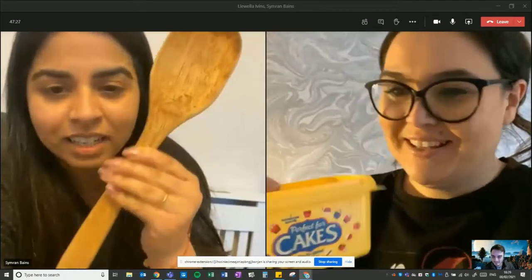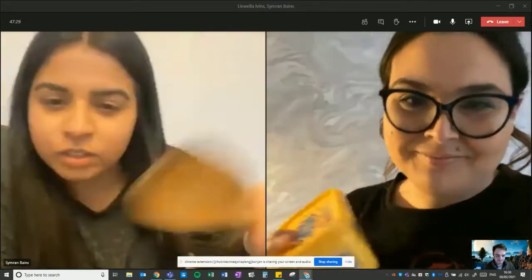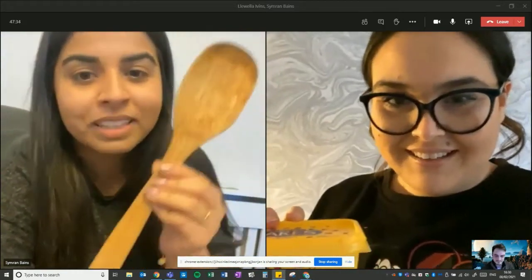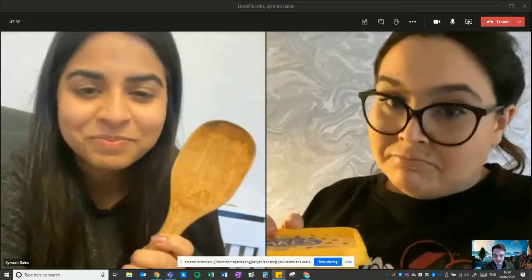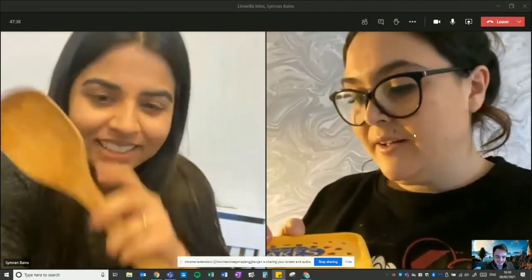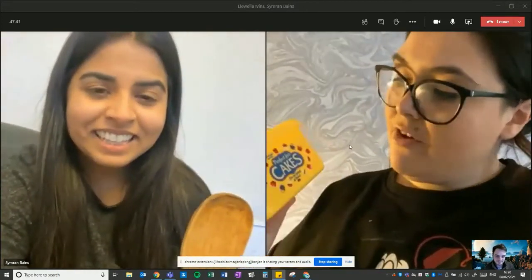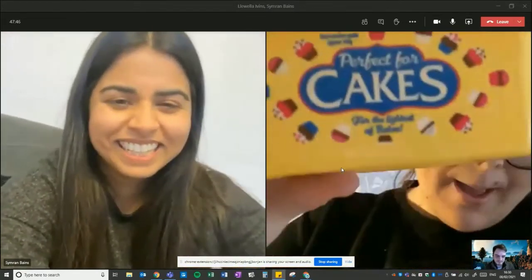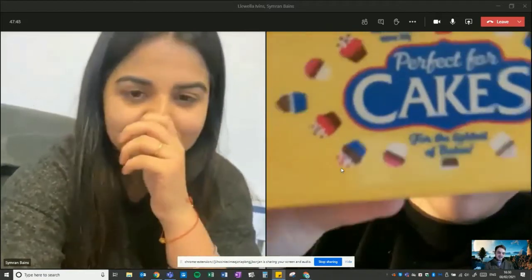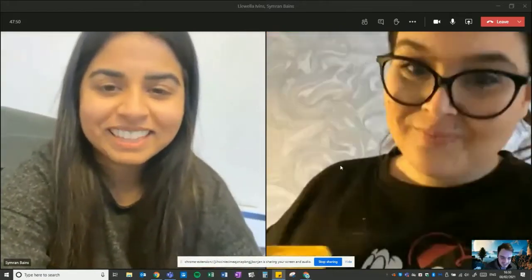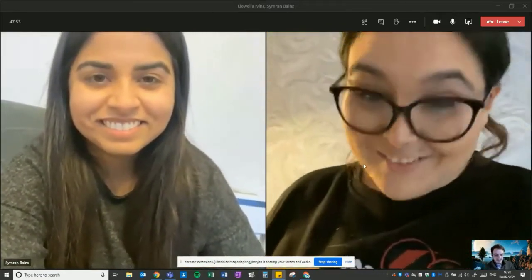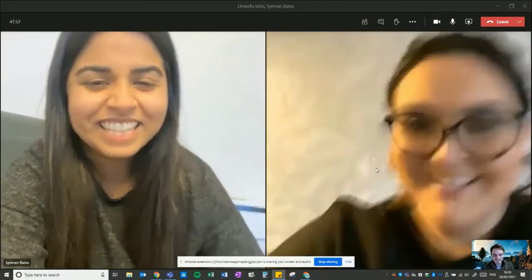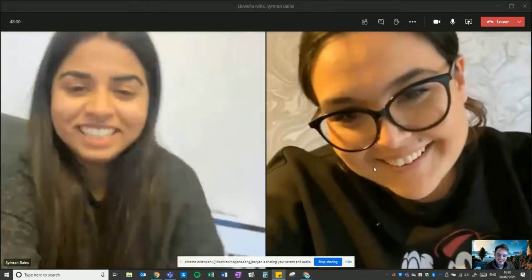So I've got here a good old trusty wooden spoon used to mix that cake batter all together and make it nice and fluffy when the cake bakes. Nice. Well done, Mrs. Bains. And Mrs. Ivins? I've gone for some butter, and this butter actually says perfect for cakes. Oh, I like that the object that you collected even has the word cakes written on it. However, Mrs. Bains was super speedy and she did beat you to it this time around. So well done, Mrs. Bains.